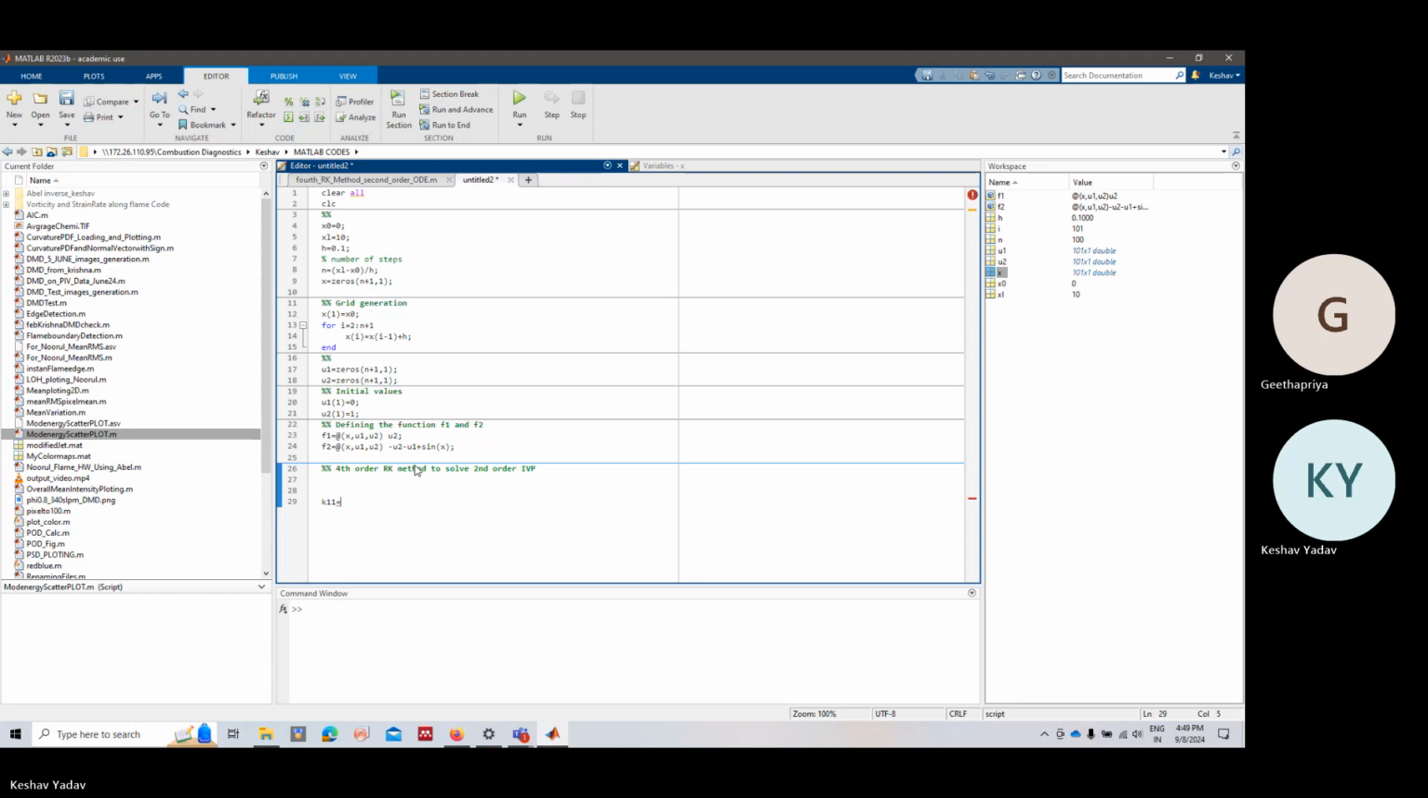So K11 will be a function of F1. And F1 will be at what point? X at i, comma U1 at i, comma U2 at i. Okay, so this is my K1. And where will my i go from? I will be equal to 1 to